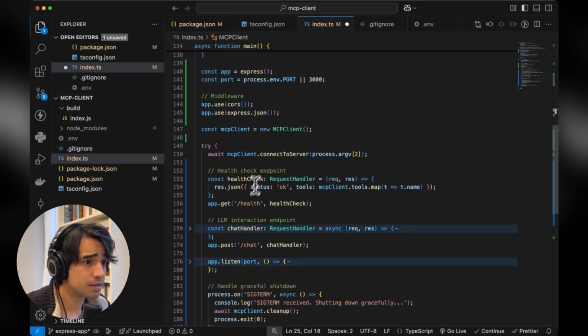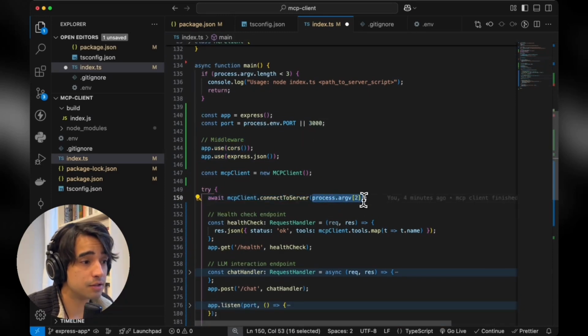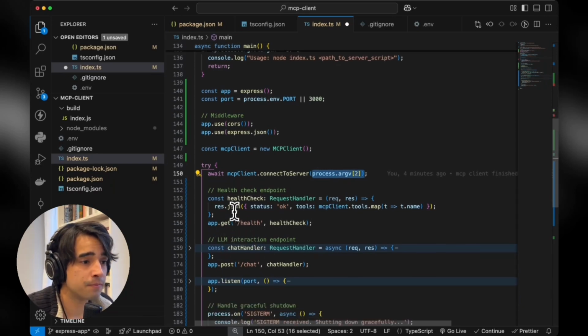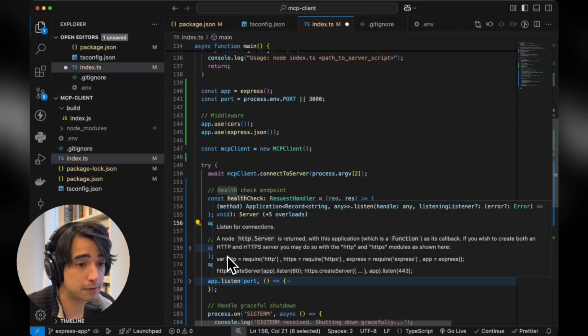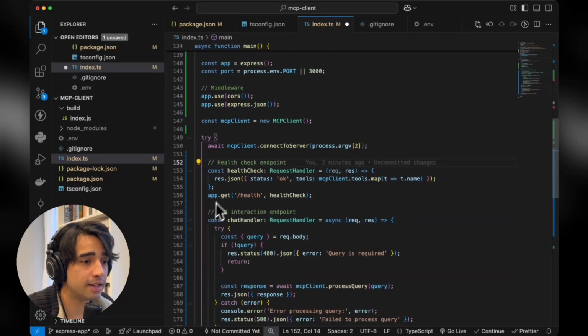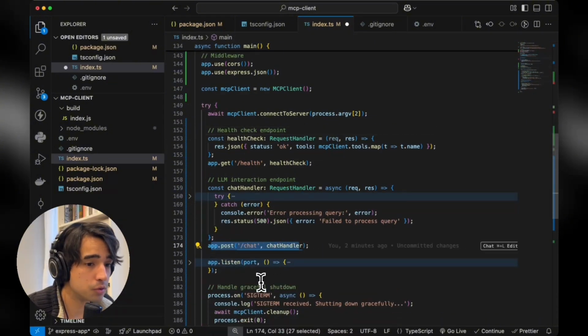Okay. So first, when we initialize the entire application, we initialize it on Express, set the port, set up the middleware, and we connect to the server first. Again, just like before, we're going to be using the path to the server as an argument. I created a very quick endpoint right here for /health, just to see that the server is up. And here we have the chat handler, which is going to be the post request handler right here under the